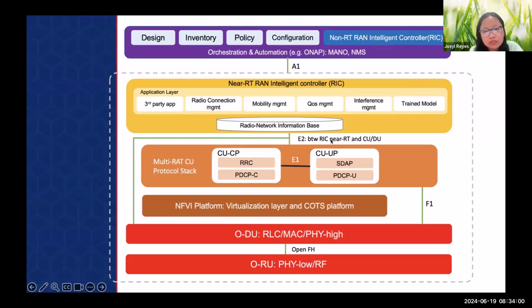Okay, and then of course the near real-time RIC contains the different information about the radio network, however many nodes it connects to. And then from the near real-time RIC, we have the E2 interface connecting to the CU and the DU. Notice that the CU may be in multiple radio access technology. There may be 5G, there may be 4G. There are cases that there are also 3G and 2G. So it's like an all G solution. It really depends on what the mobile network operator wants to push, wants to set up.